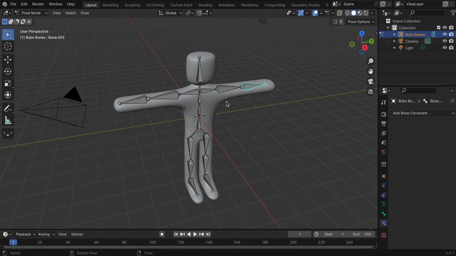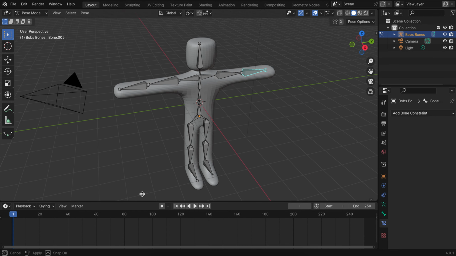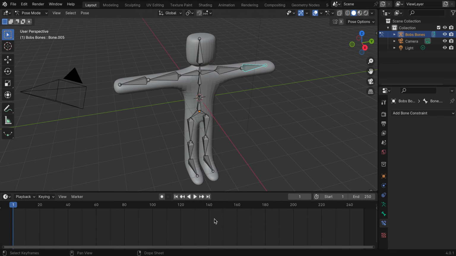Now, what we want to do is save some of these moved positions so that we can have a character animation. And that's going to need the timeline. So we're going to drag the bottom of the screen up here so we can see our timeline. On the right side of the timeline, it says what the start and the end of our